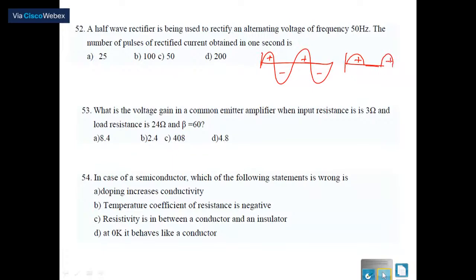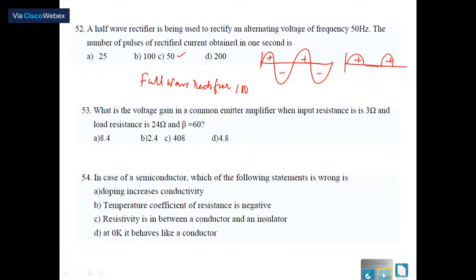flows. Again in the reverse bias, that is when the negative pulse appears at the end, the diode becomes a reverse bias and there is no current flow. Look at this. So for 2 cycles, 2 pulses will be there, and for 50 cycles, so 50 pulses will be there. And in case of full wave rectifier, how many pulses will be there? That is in both the half cycles, AC will be converted into DC. Even in this also, well, so when a negative pulse appears at the end A, positive pulse appears at the end B, and the diode D2 becomes the forward bias and it conducts